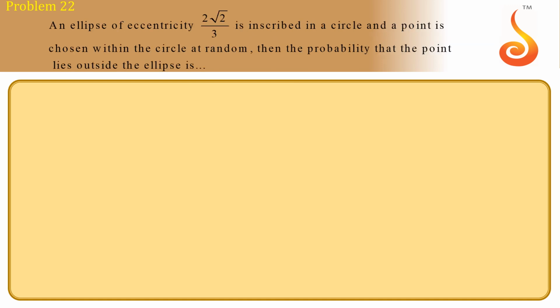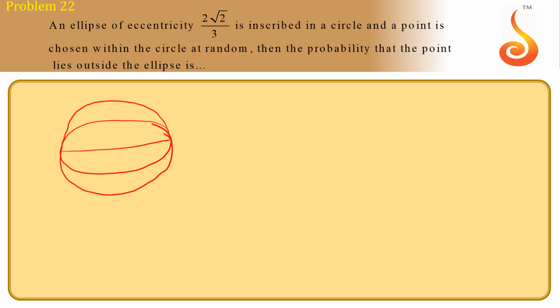Okay, next problem. An ellipse with eccentricity 2 root 2 by 3 is inscribed in a circle. Okay, let us take that as the auxiliary circle and a general standard ellipse I am taking. 2a is the major axis, 2b is the minor axis. So the area of the circle will be pi a square. Area of the ellipse will be pi ab,